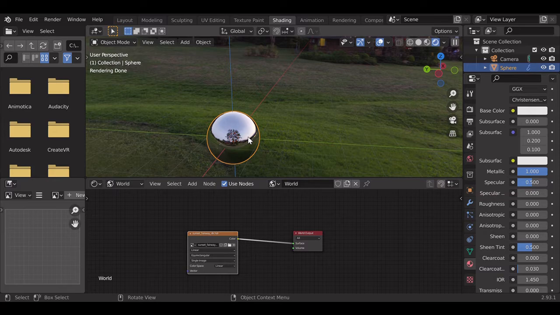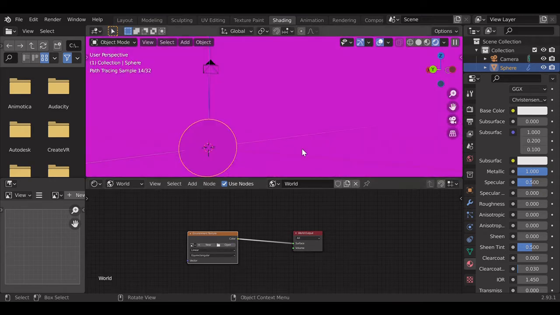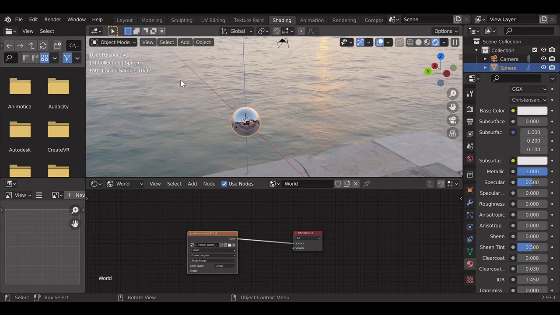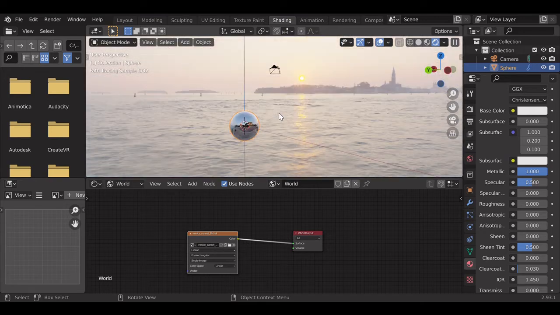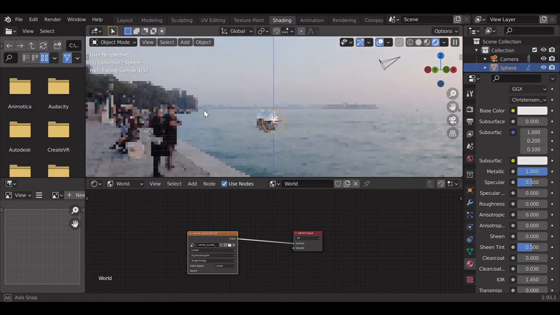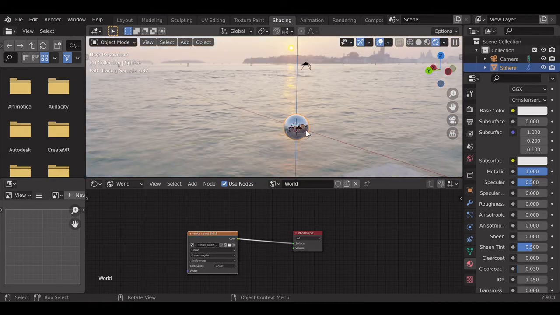Suppose we don't like the lighting that this HDRI provides and we want to change it. I can just click X out there and then you're going to see this big screen pop up, and don't worry, that's pretty normal. So you're going to open another HDRI file. I go to HDRIs and how about this one? It's going to update the lighting of the scene, and if you can see, this is a new lighting that this provides. This is a bit brighter, I feel, and it's your choice. If you like this HDRI, you can go ahead with it. So that's all for adding the HDRI.